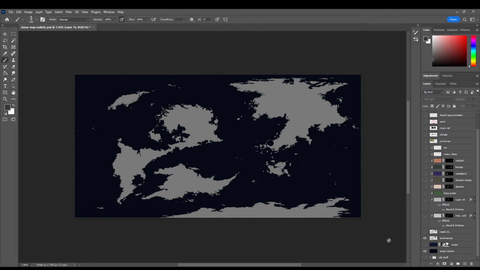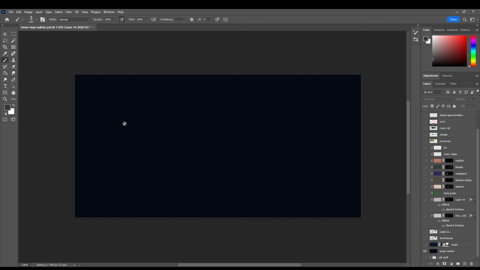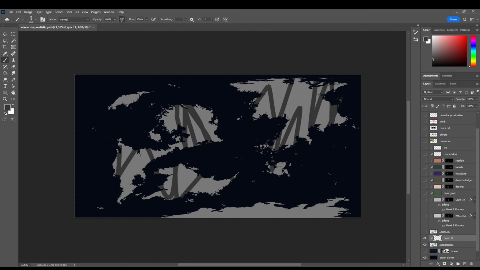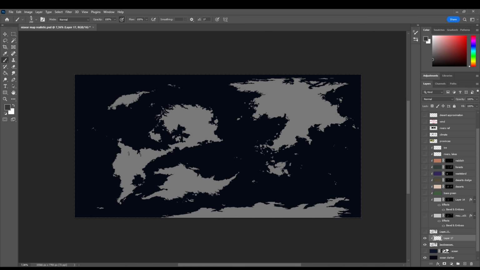Alright, so here we are. This is the map, the way it started. It's just 2 layers. One darker layer is the ocean, this thing, and then one for the land masses, all of them on one layer. Next thing I did was I created an extra layer here on top. I'm gonna clipping mask it, create a clipping mask. So now when I draw on this layer here, it only affects any land masses. As we can see, if we zoom in,